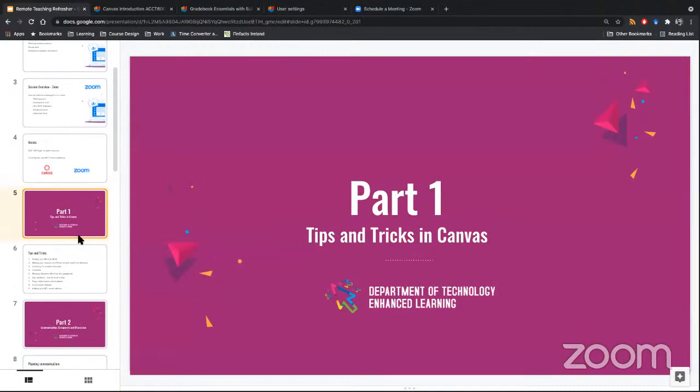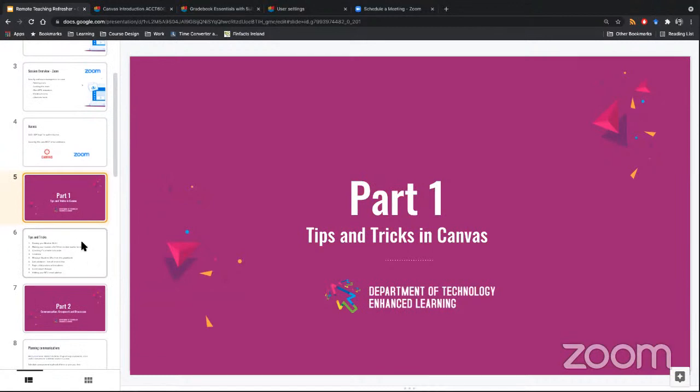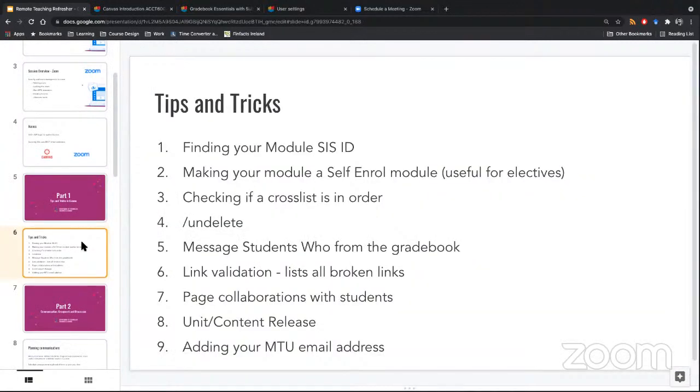Okay, so first and foremost, going into the things around Canvas, with some tips and tricks. We'll look at finding your module SIS ID, which is a useful one to have, and then I'll go through each of these again anyway. So we'll have a look at making your module a self-enroll module, checking if a cross list is in order, the undelete function, messaging students from the gradebook, checking your links inside your module to make sure there are no broken links, some page collaborations with students, how to release units and contents inside your module, and as well as that, adding